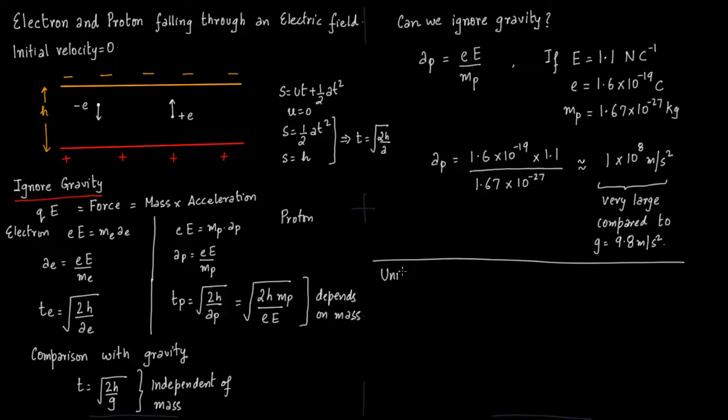Now we want to talk about units. So the units of electric field. We know electric field times the charge is equal to force. This force is always in newtons. So you can rewrite this as electric field equals force over the charge. The force is in newtons, the charge is in coulombs, so Newton Coulomb inverse, and then you can write the Newton as kg meters per second squared,